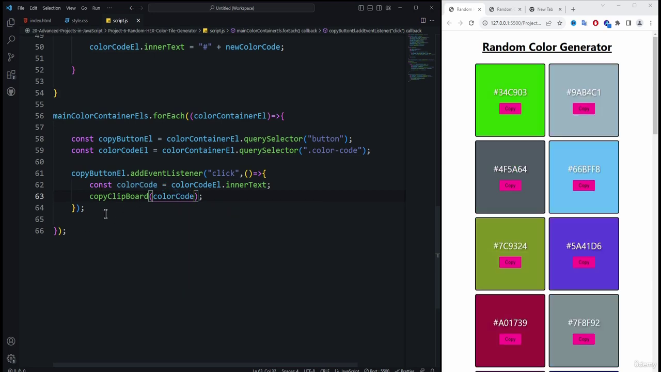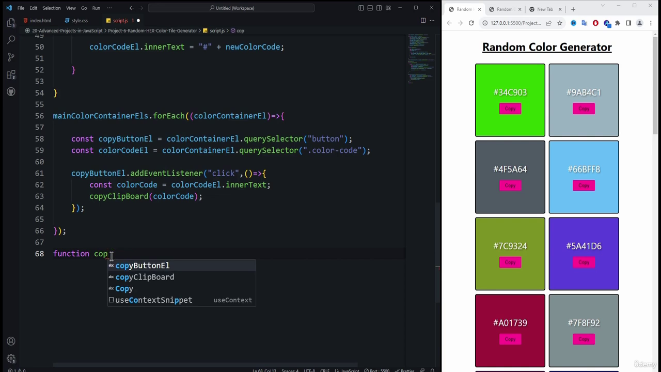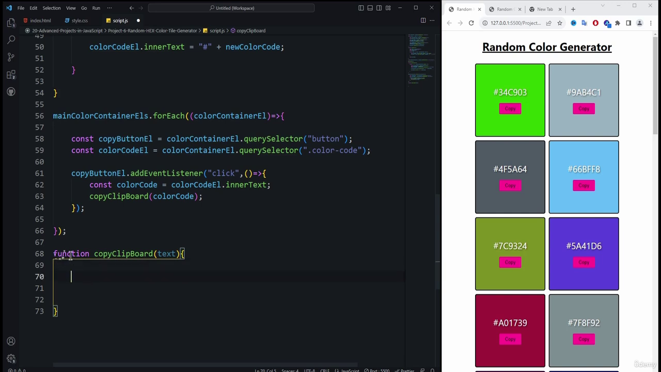Alright, now we need to create this particular function. So coming back to the outside of this particular forEach block, here we need to create the function which is copyClipboard, not copy button, copyClipboard function. Now this function is going to accept one parameter, so that will be treated as a text. So I'm going to name the parameter as text. Then we need to use the navigator dot clipboard, and then we need to actually write the text inside the clipboard. So we need to use the writeText, and here we need to pass the text,